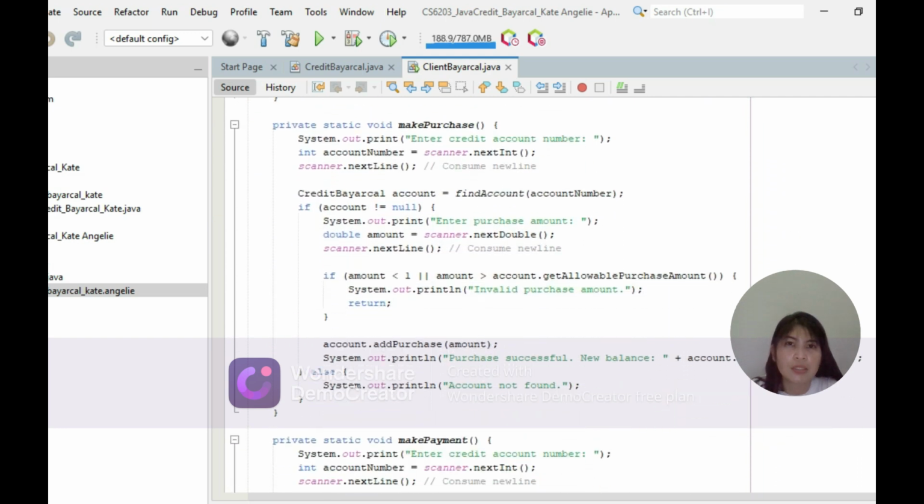So next is the purchase. I use the private static void makePurchase() {. Then System.out.print("Enter credit account number: "); int accountNumber = scanner.nextInt(); scanner.nextLine();